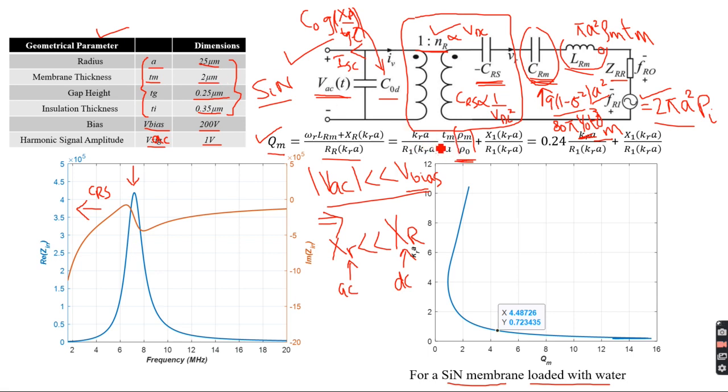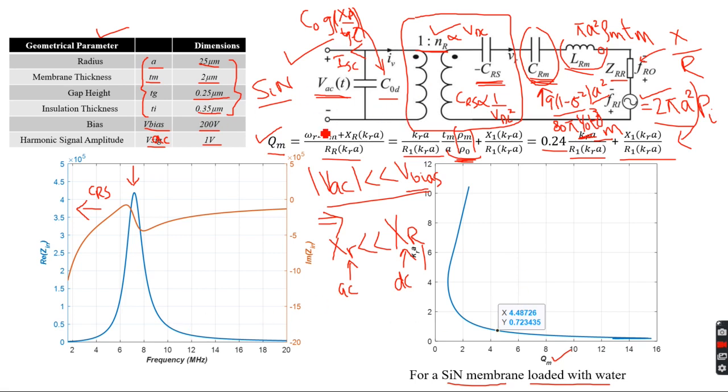And the KRA is the resonance K, it's the frequency. R1 is the normalized radiation resistance. So you work this out, you have a constant from these terms for this particular geometry, and then you have a frequency term normalized with radiation resistance, and then you have x1 by r1, which is the ratio of the imaginary part of ZRR to the real part, okay, and that's what goes over here. So if you plot them with respect to Ka, you look at the quality factor,